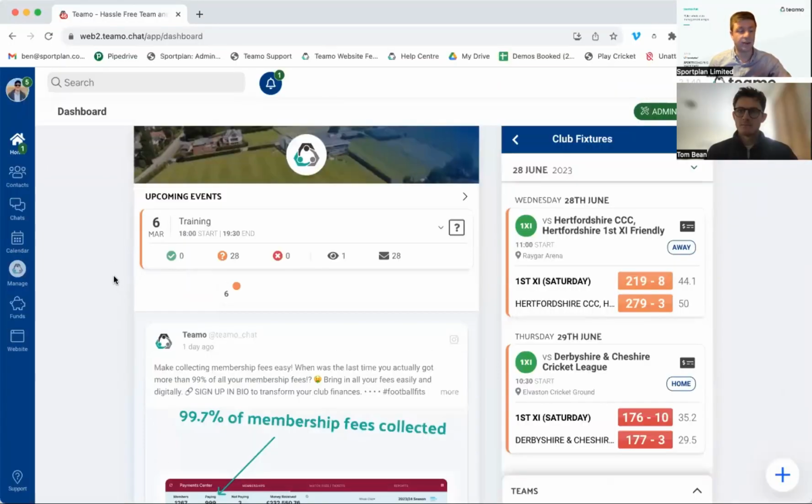So, the fixture import for Play Cricket. We're on the desktop version, which is where you'll need to come to start looking through this and importing